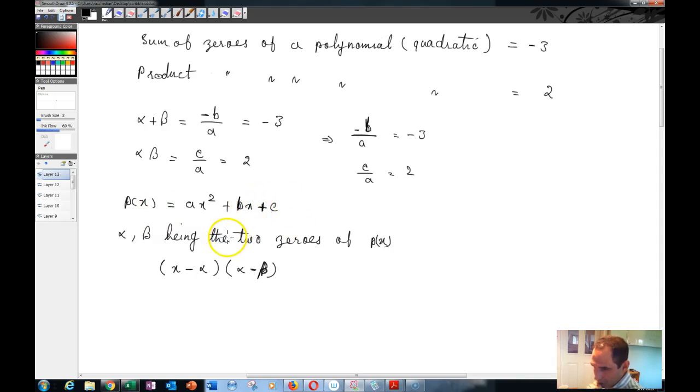So if you actually multiply here, you will get x squared minus beta x minus alpha x plus alpha beta, and that is equal to x squared minus (alpha plus beta) times x plus alpha beta. So what that means is that